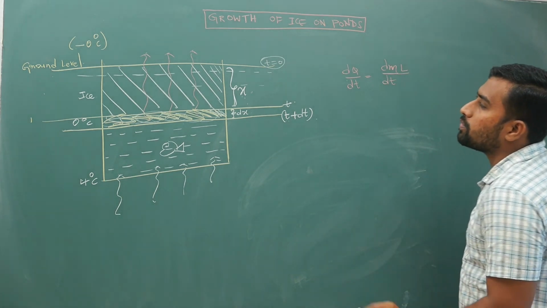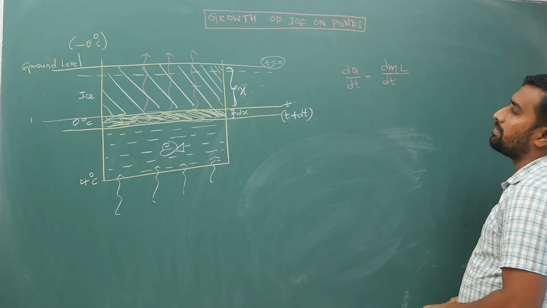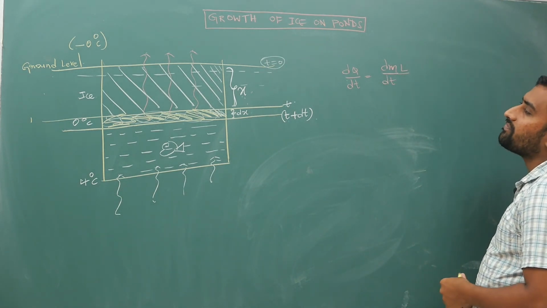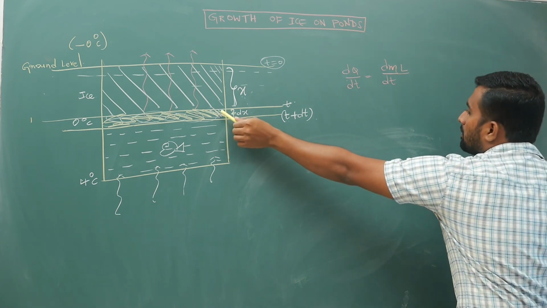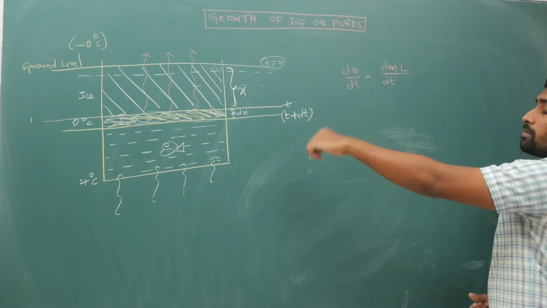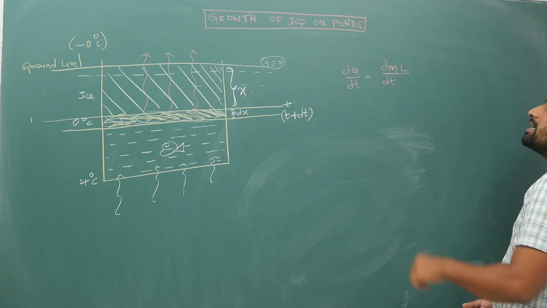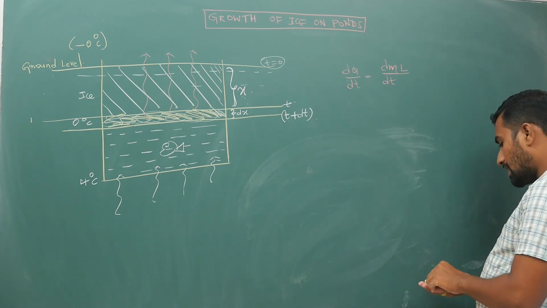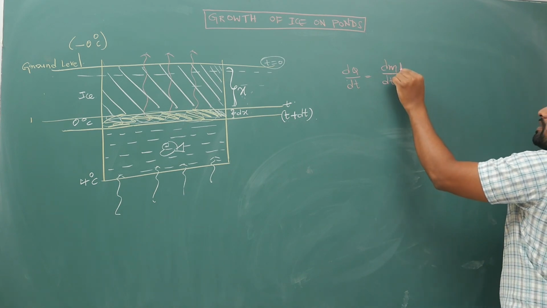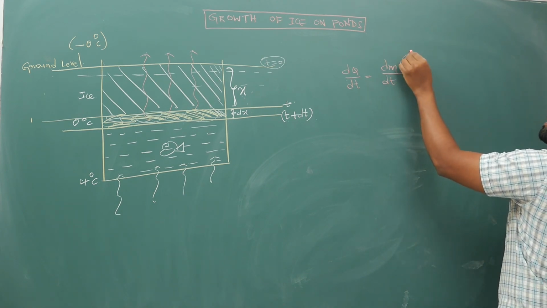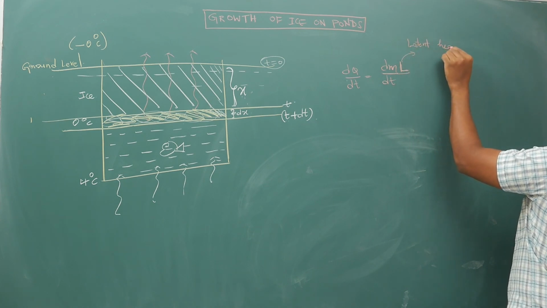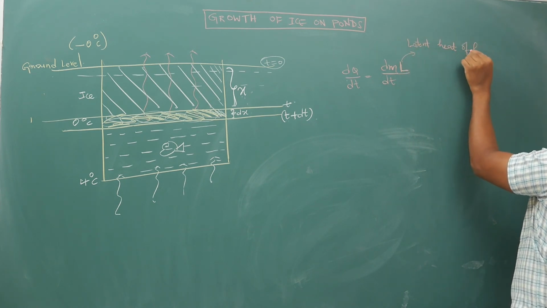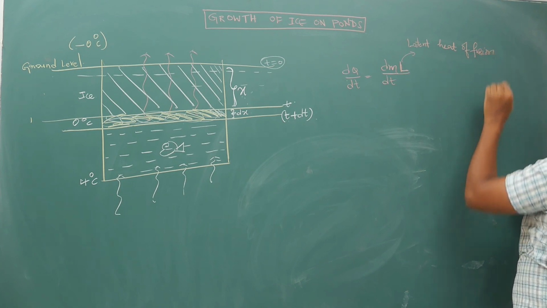From this yellow color portion, the amount of heat that I am extracting will convert this dm amount of mass. If there is some dm amount of mass of water, that will be getting converted into ice, where L is the latent heat of fusion. If you have watched my calorimetry video, you will come to know this. This is your latent heat of fusion. This is different, this is not length.